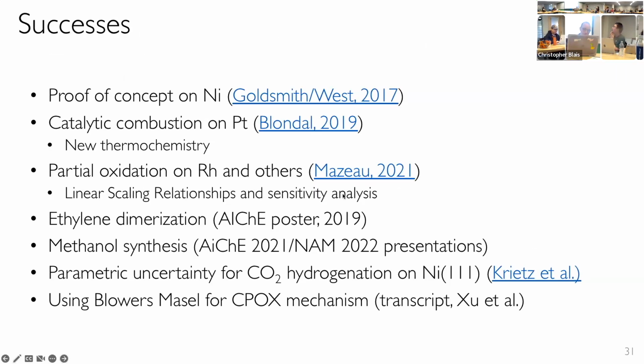Just to show, these are a number of publications and presentations we've had about RMG-Cat. We've had successes, especially with carbon chemistry. I think we haven't quite delved into the ammonia, nitrogen chemistry in terms of stuff that we've actually published. But we have incorporated a lot of ammonia kinetics, and I think some thermo, so maybe that will be coming.